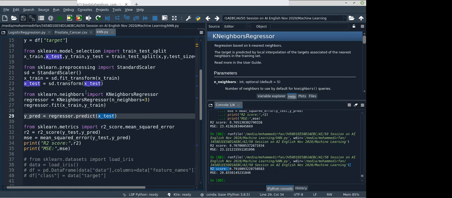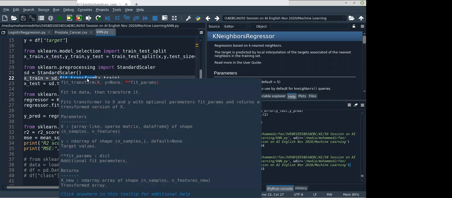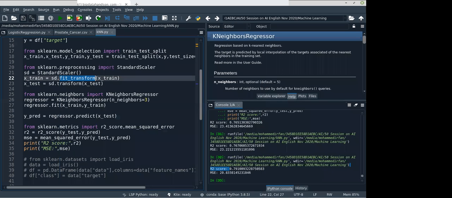So sometimes we need fit, sometimes we need transform, or you can use both combined as fit transform.